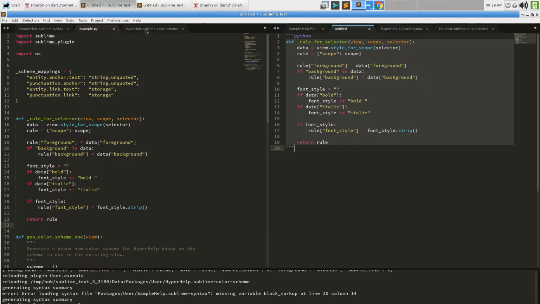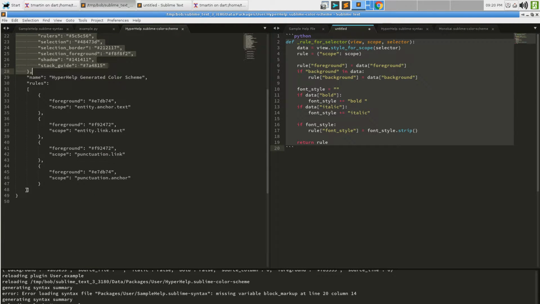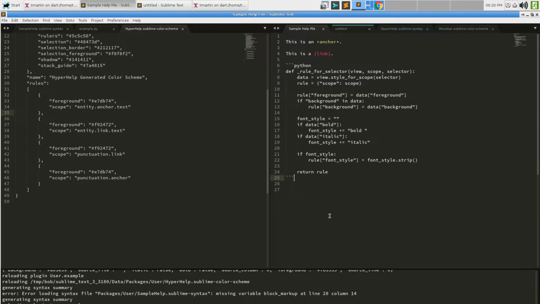So just doing this, grabbing the globals and jacking rules into it for our scopes is not the way to go in this case, because if I do that, then all of this text is just white, which is sort of defeating the purpose of tagging it as Python in the first place, right?